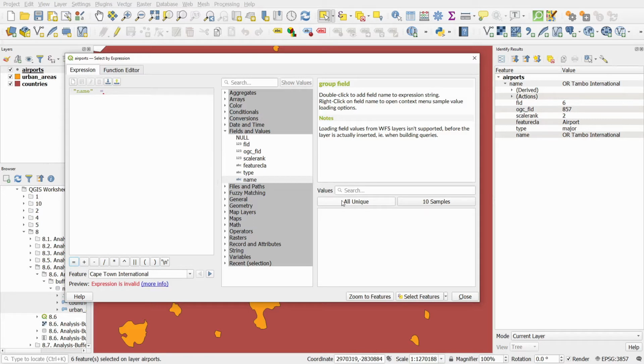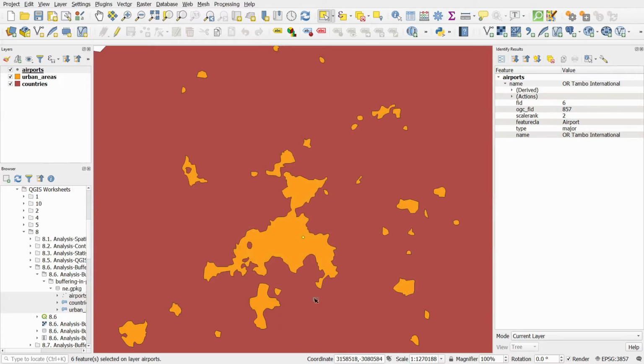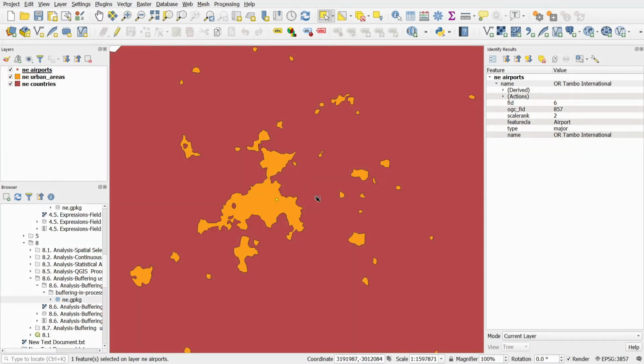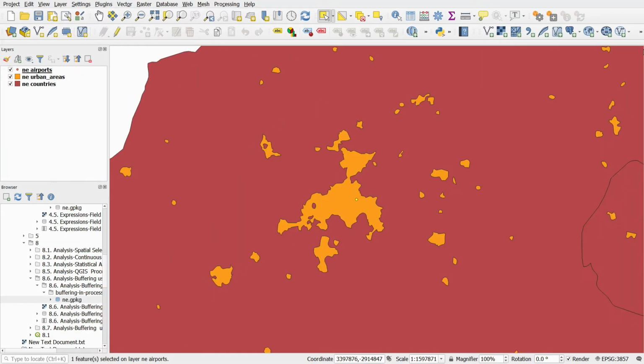Then you can click here on all unique, and this will bring up a list of all the unique data within that field chosen, and from there you can choose OR Tambo, double click on it, and that will add it into your expression builder, and then click close, and you will see that your point has been selected using the expression builder. Close the identify panel